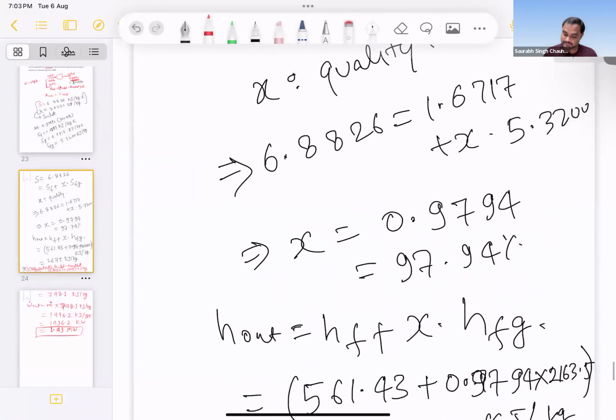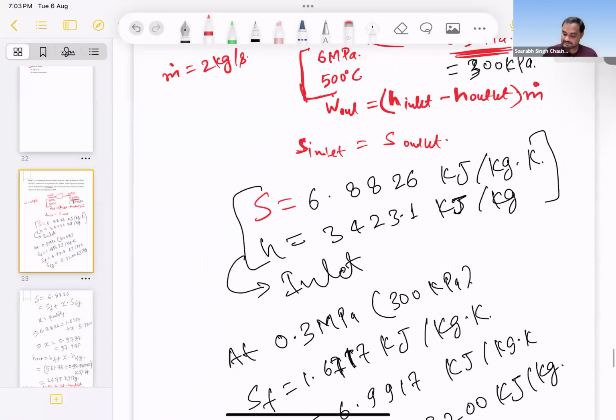What was the value here? No, it was different. Anyway,